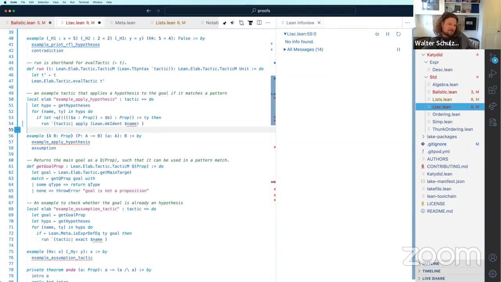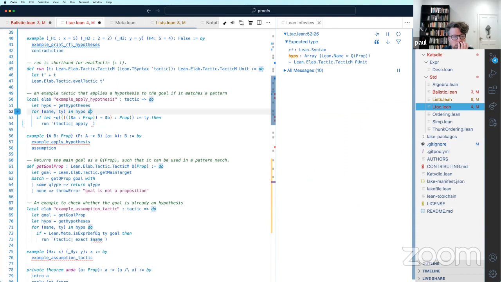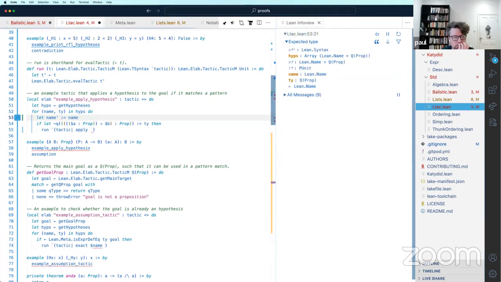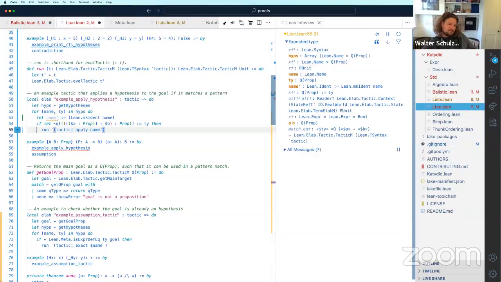Yeah, see, this doesn't work well. That's why I added it. Because otherwise you have to go, okay, actually late name, and then name.